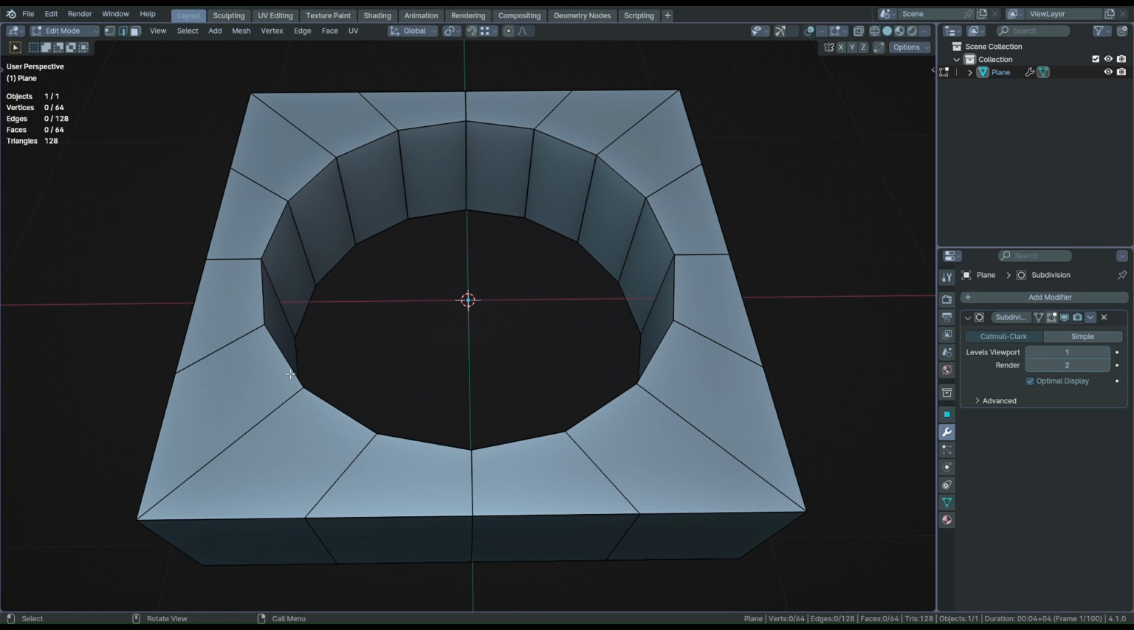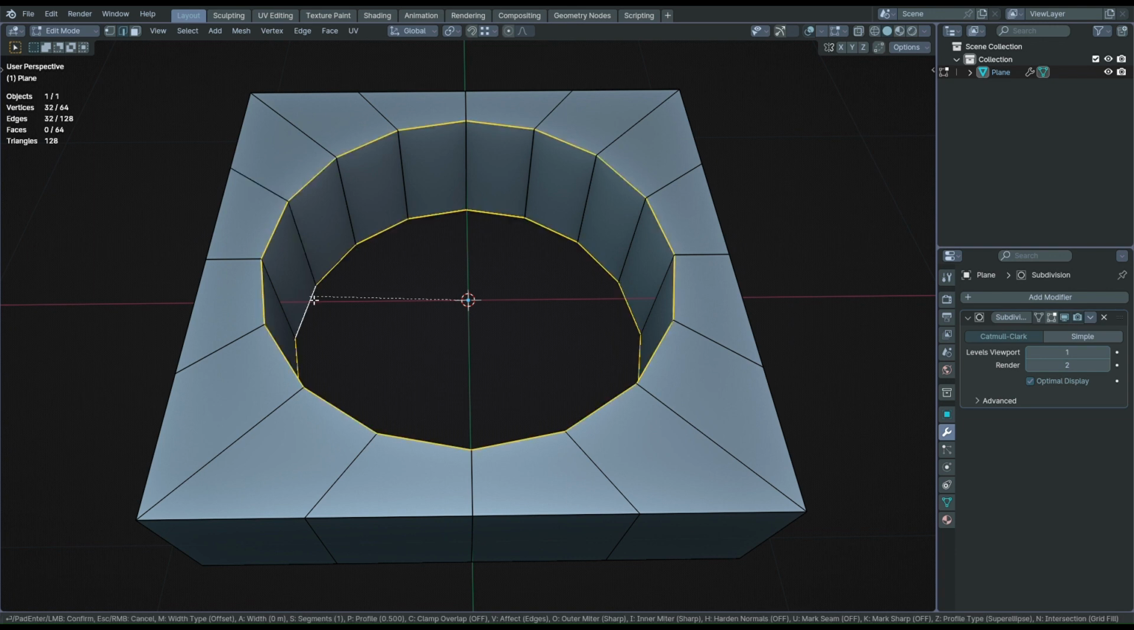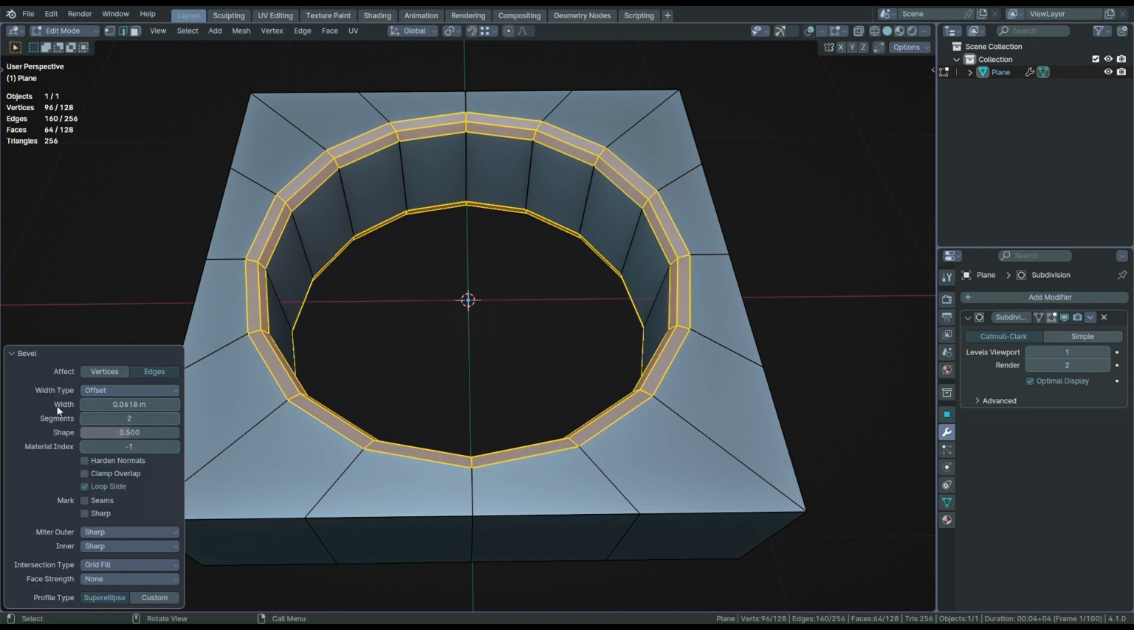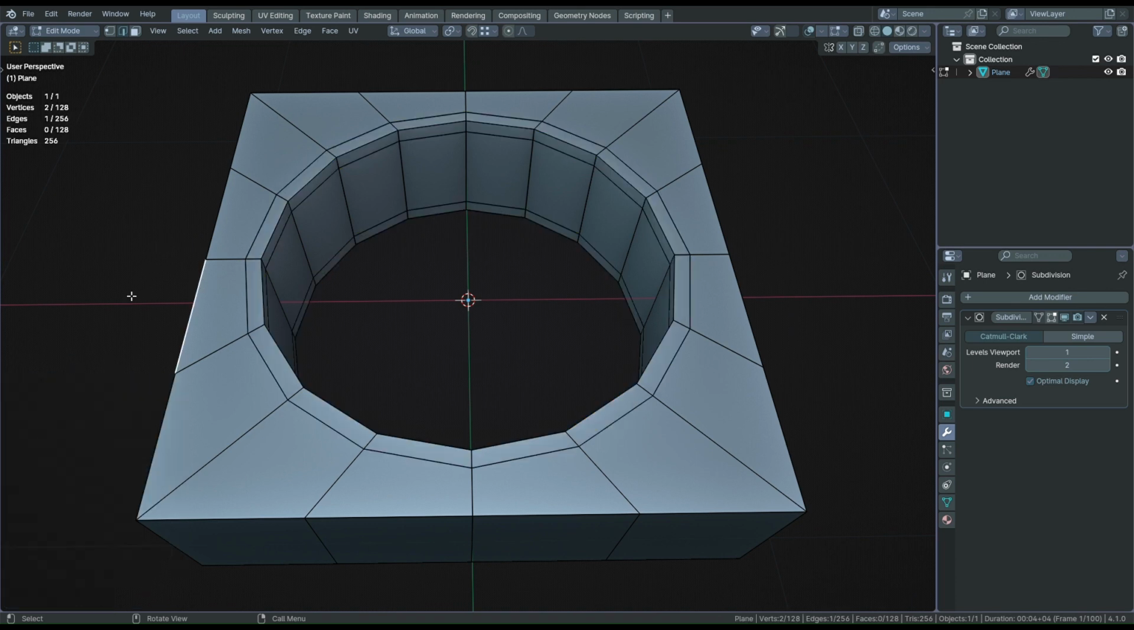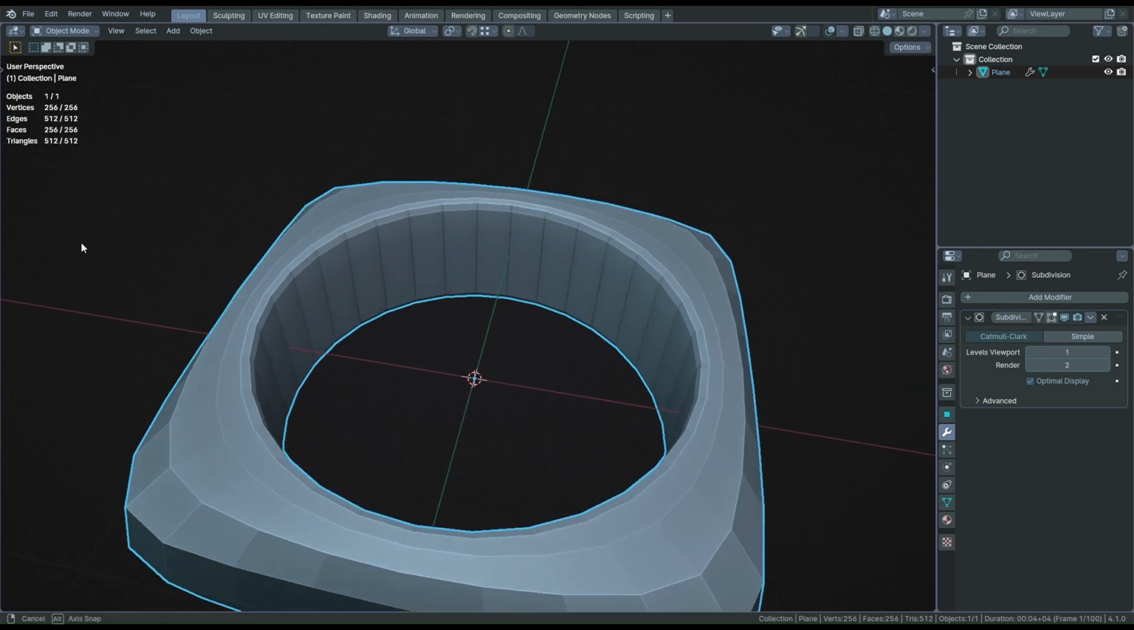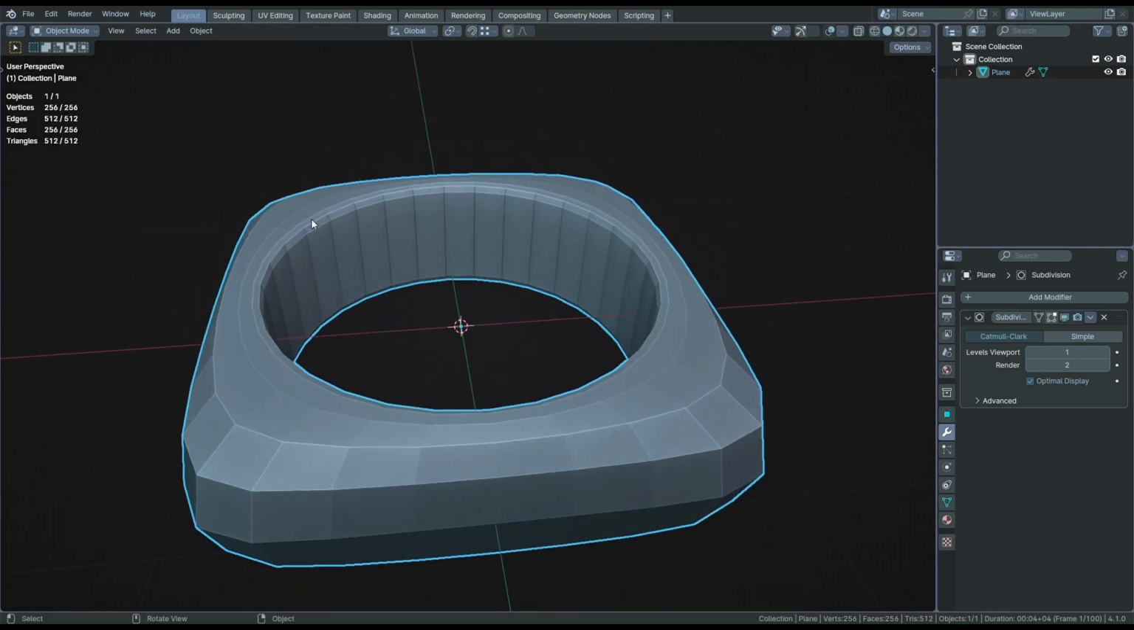Let's go to our unsubdivided object and select the inner circular edges. Bevel them with Ctrl-B, use two segments to support the original edges on both sides, and change the shape to 1 so that the original edges don't smooth at all. Now when we look at the subdivided model, we can see the inner region has stayed perfectly cylindrical, and is